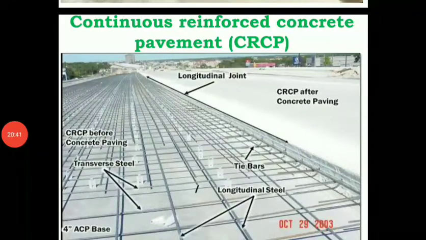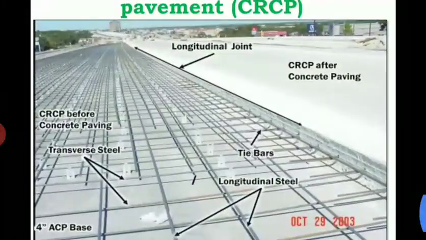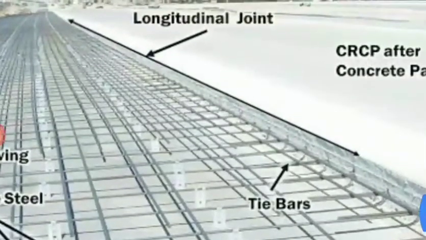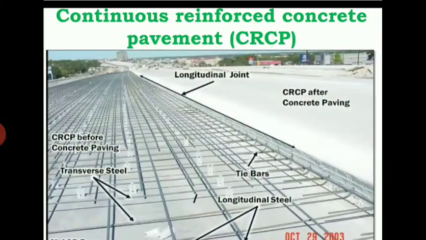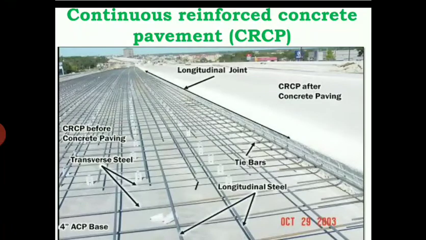And here in this continuously reinforced concrete pavement, that is CRCP, which is a type of concrete pavement that does not require any transfer contraction joints. Here the transfer cracks which are expected in the slab usually occur at intervals of 1.5 to 6 feet. So nowhere can you see the transfer joints here, right? But you can see the longitudinal joints. The transverse joints, which would come at the horizontal portion, are not required here, since it is a continuous one and it can bear the entire load provided by the continuous reinforcements.